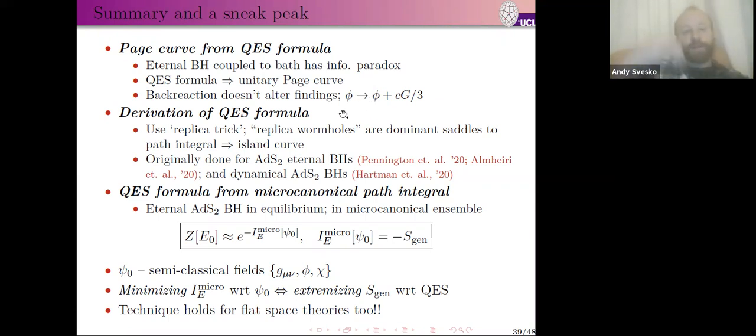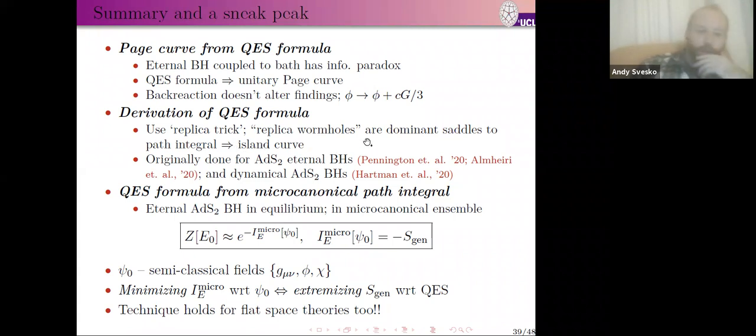Now the real meat and the excitement that happened last year was that it was claimed or argued that there could be a derivation of the QES formula, or really a derivation of the island formula. This was done using the so-called replica trick, which is essentially a way of calculating what's called the Renyi entropy using an on-shell Euclidean path integral analysis. And they found that some unseen particular solutions or geometries to the Euclidean gravity problem, known as replica wormholes, are actually the dominant saddles to the path integral,